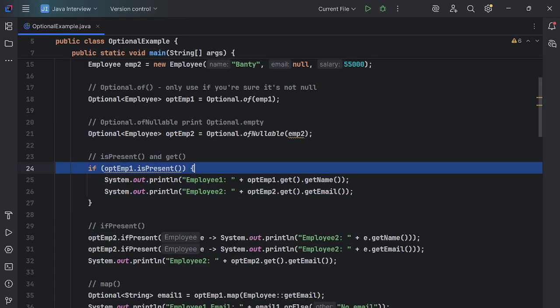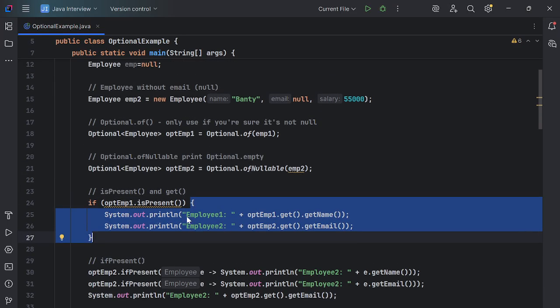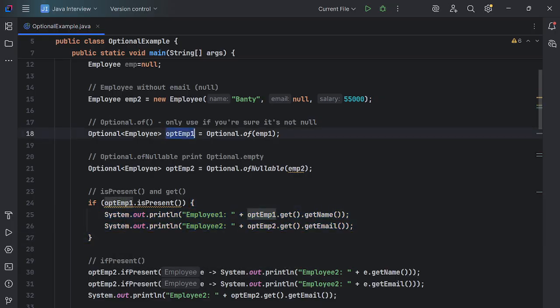And now here we are using Optional.isPresent. See, guys, optEmp1 is where I'm using it, and optEmp1 is created by the Optional.of method. This object is created using the emp1 method. So we are using isPresent. We are printing here the Employee one, optEmp1.get, and optEmp2.get.email. We are printing here